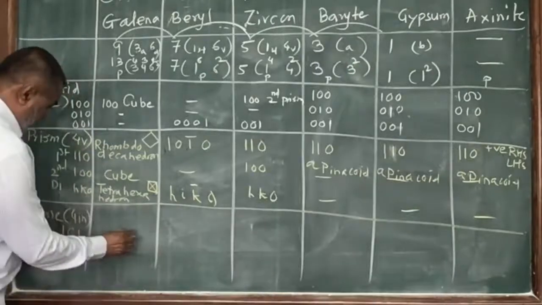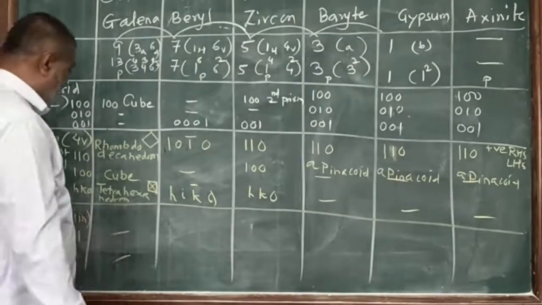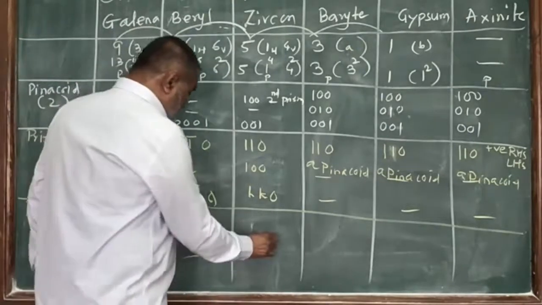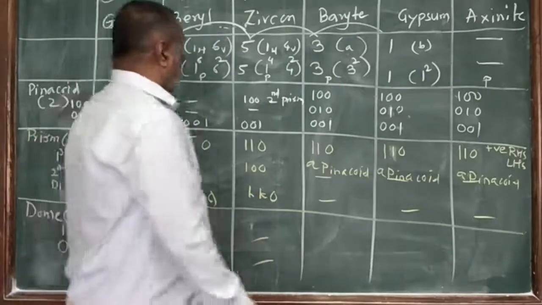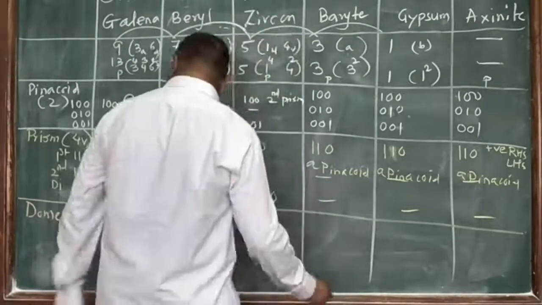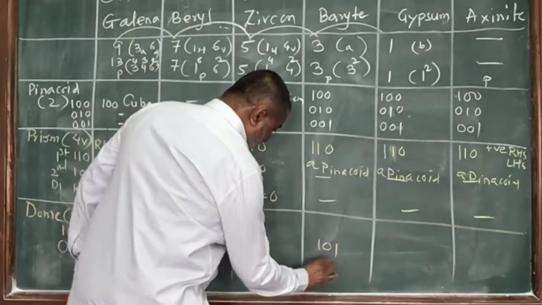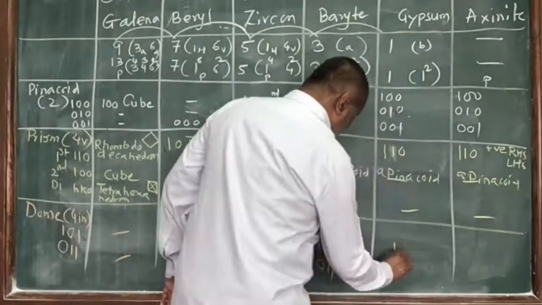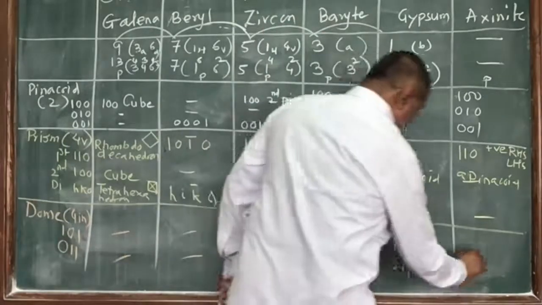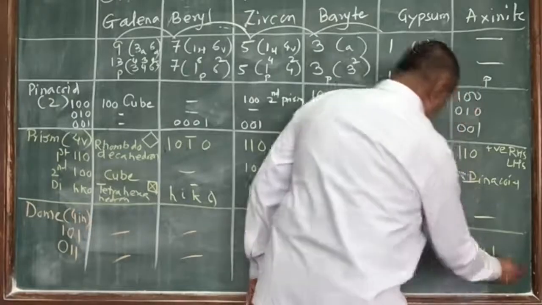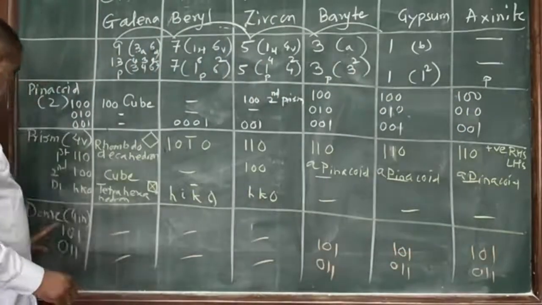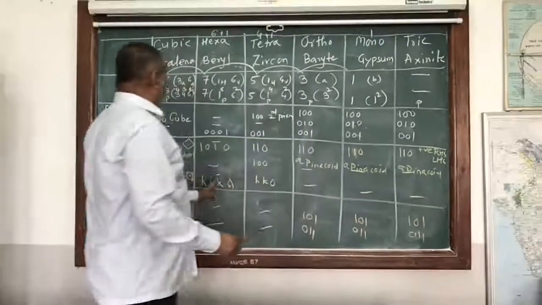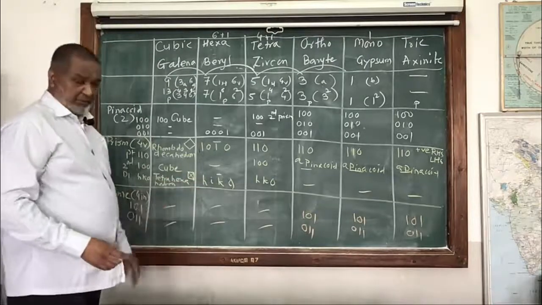In the case of the cubic system, we don't have these 2 indices. Here also we don't have the domes. In the tetragonal system also we don't have the domes. Orthorhombic system, we have a dome 1, 0, 1 and 0, 1, 1. Here also we have 1, 0, 1, 0, 1, 1. So at this stage we have them only in the case of orthorhombic, monoclinic and triclinic, but in the case of hexagonal, tetragonal and cubic system, we don't have.